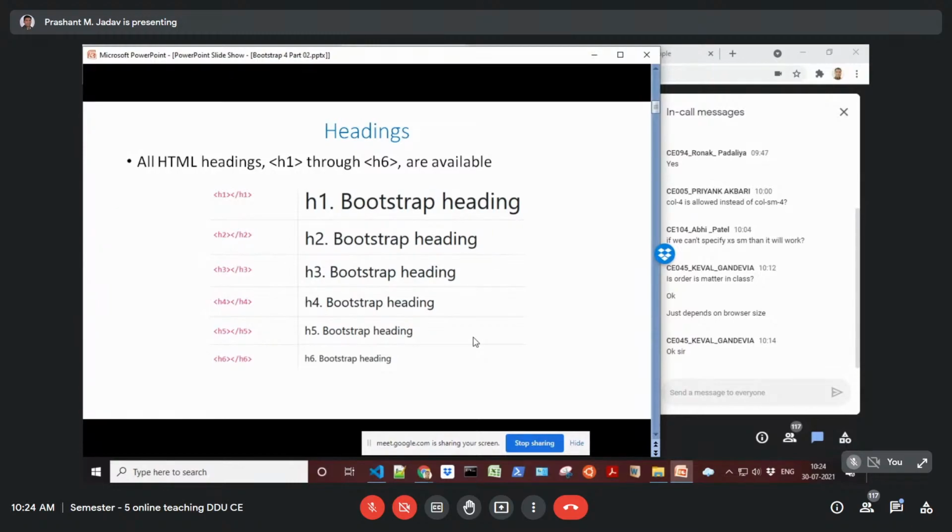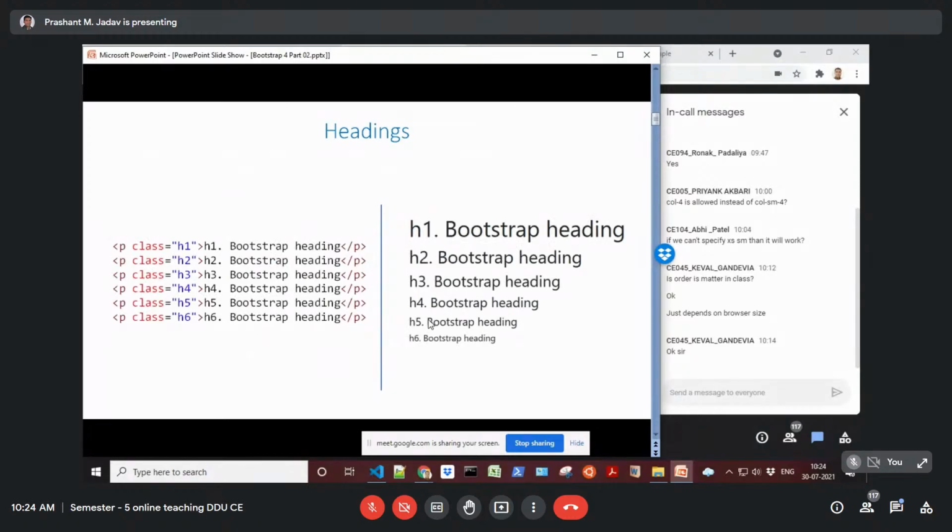So if you are using this H1 to H6, there are H1 to H6 related CSS properties which are differently applied in Bootstrap. So either you can override it, or you can use it as it is.